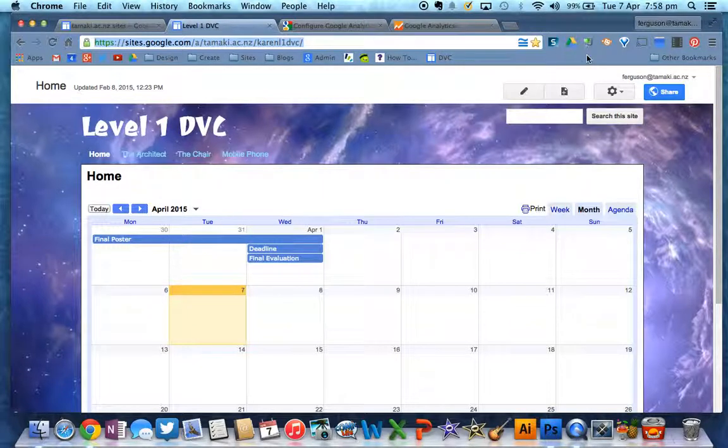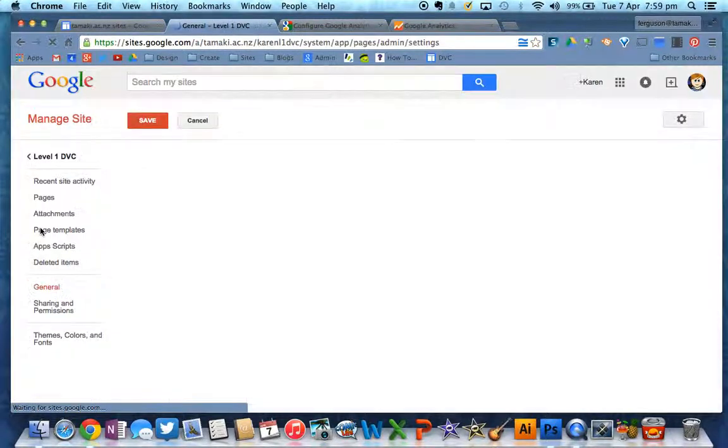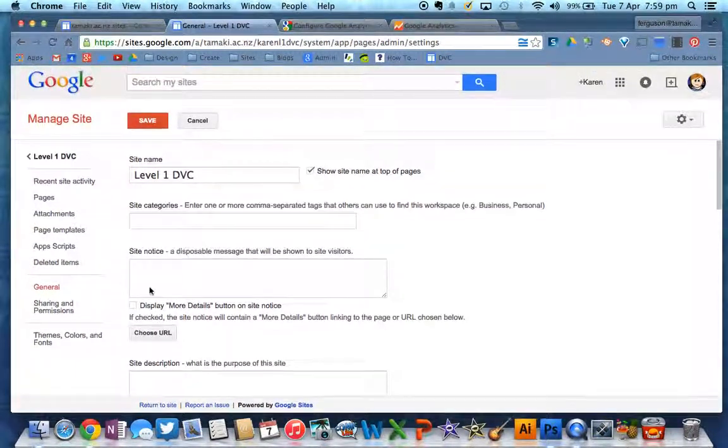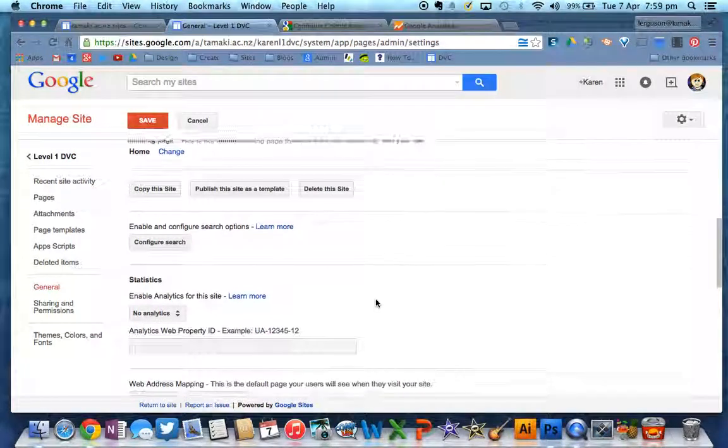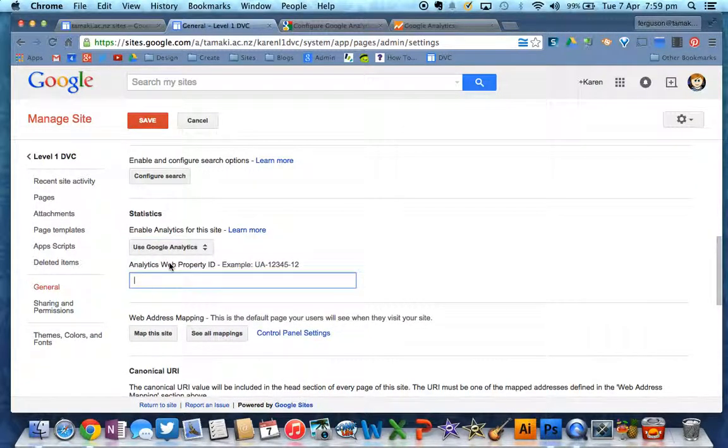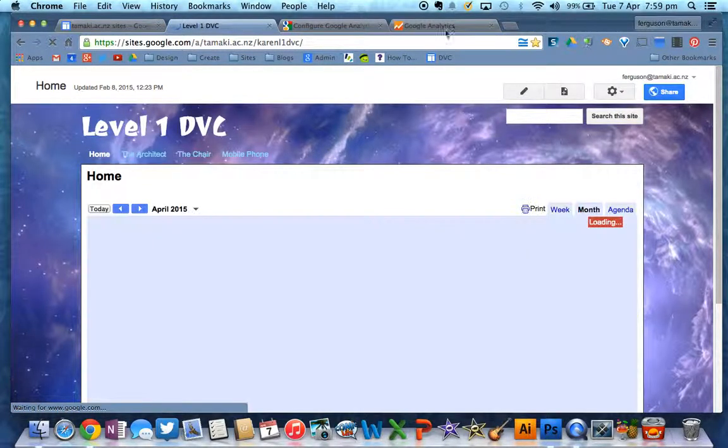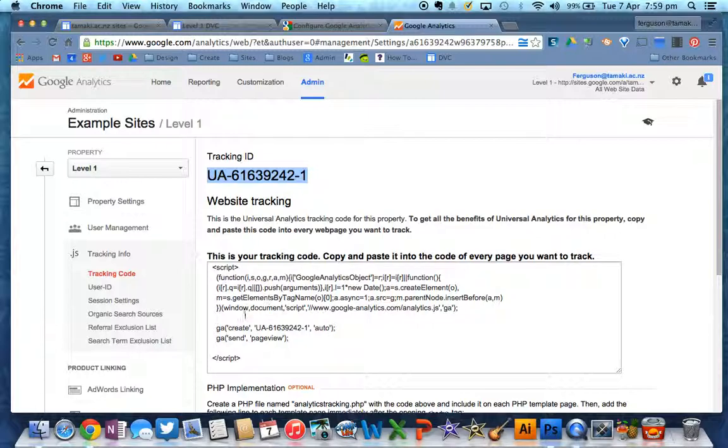and go back to Manage Site. And paste that into here. Save that. Now the other piece of information on here is some HTML. Now you need to grab hold of that, copy it, and now it says on here that you need to